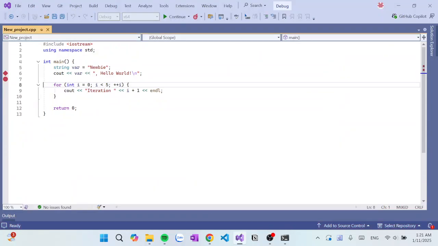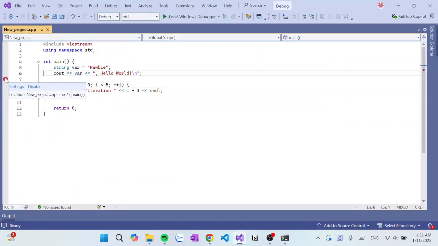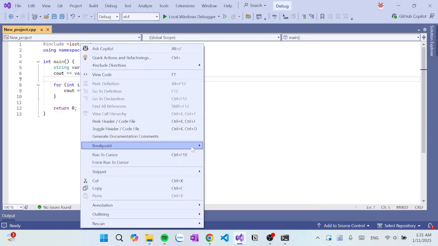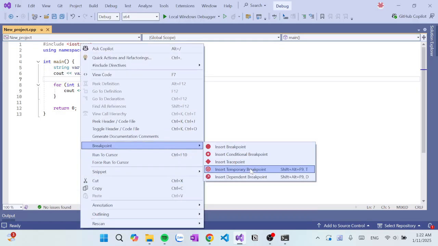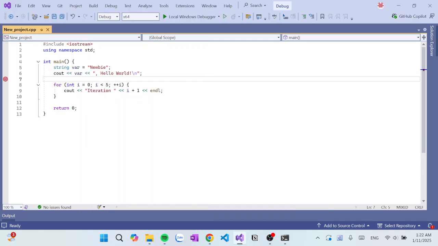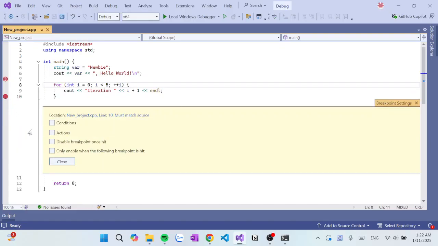Okay, so next we're working with temporary breakpoints. You guys can create it with right click breakpoint, insert temporary breakpoint, or you can just click here, hover over it, settings, and disable breakpoint once hit.